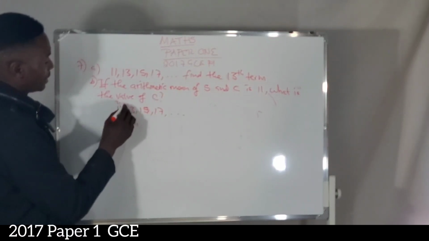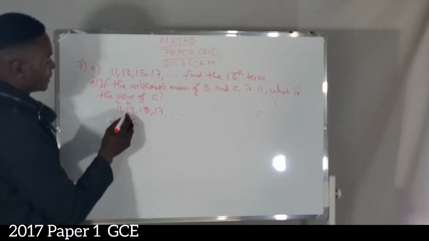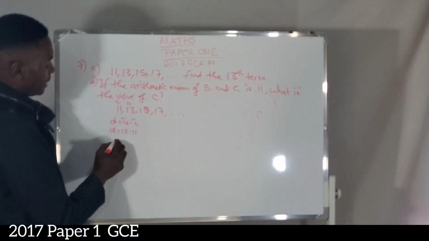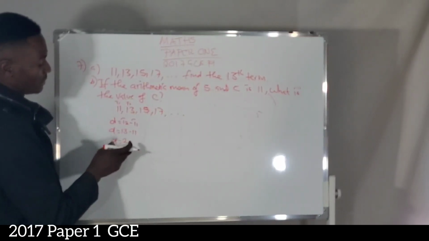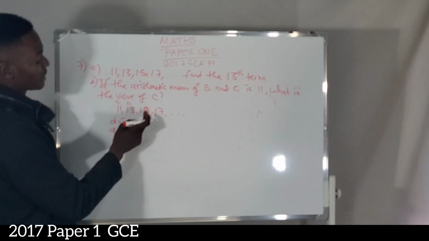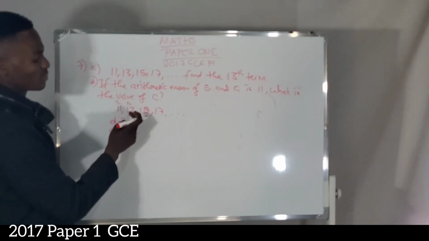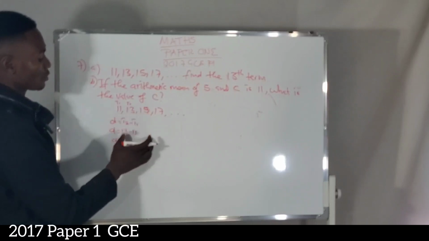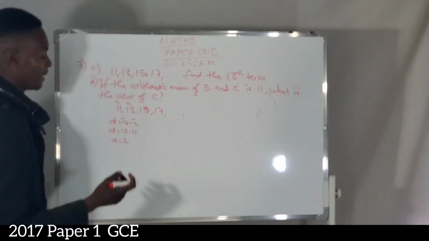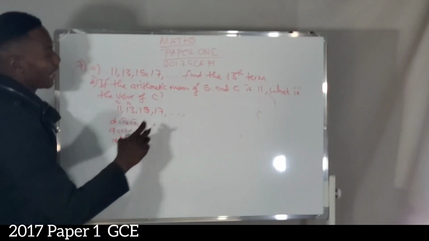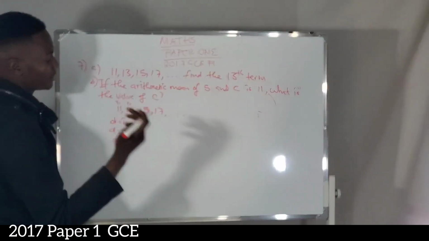So this one is T1, this one is T2, T3, T4. So T2 is 13, T1 is 11, 13 minus 11 is 2, so there's a difference of 2. Then you do the same here, T3 minus T2, 15 minus 13 is still 2, 17 minus 15 is 2. So there's a common difference, meaning it is arithmetic progression. Now, since it's arithmetic progression, how can we find the 13th term? We can find the 13th term by using the formula